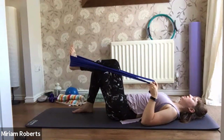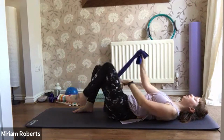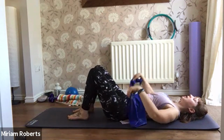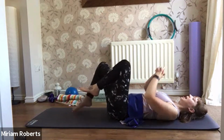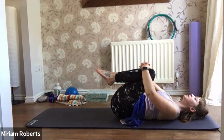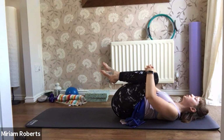Well done. You can take your foot out of the band, place it to the floor, and you can now just take the band briefly across the front of the hips, and if you need to, just for a second, have a quick little release stretch. Hug those knees in towards you, because you've just done a lot in those hips. So if you want to, quick little release stretch, nice deep breath,